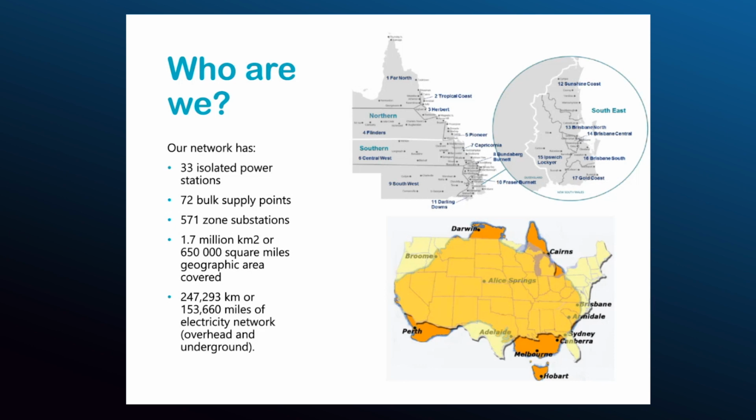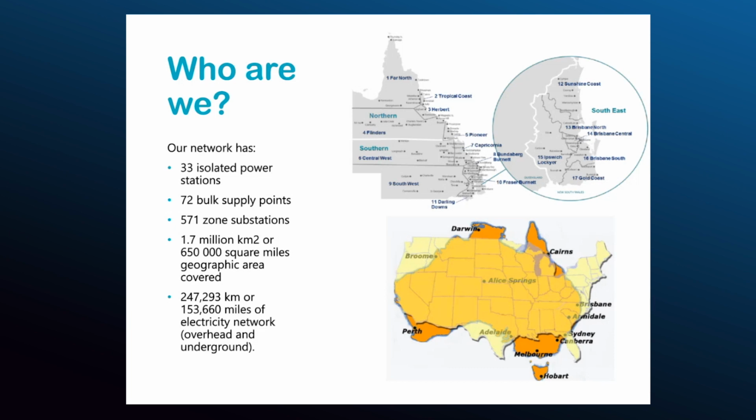Over on the left, we've got some stats for our network. We've got 33 isolated power stations, which predominantly deals with our remote island communities. We've got assets in 72 bulk supply points, which tends to be where we interface with our transmission company over here. And then we've got 571 individual zone substations, and then a whole bunch of little consumer industrial style subs